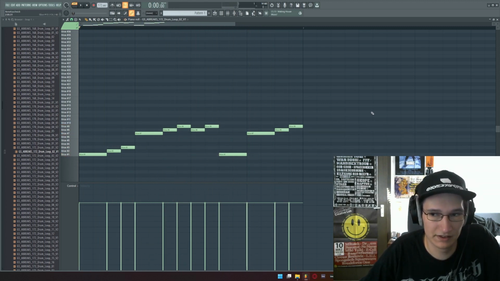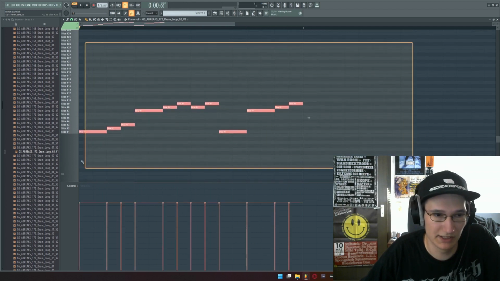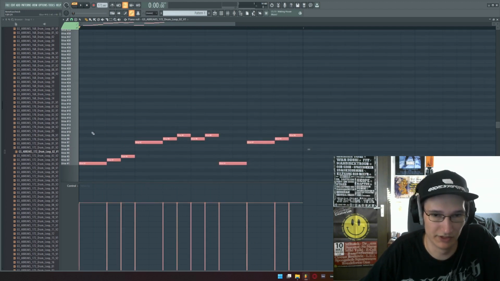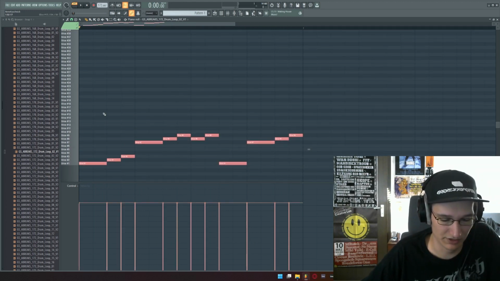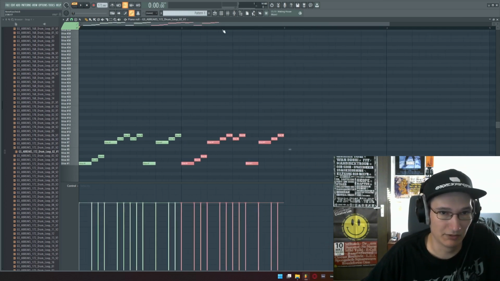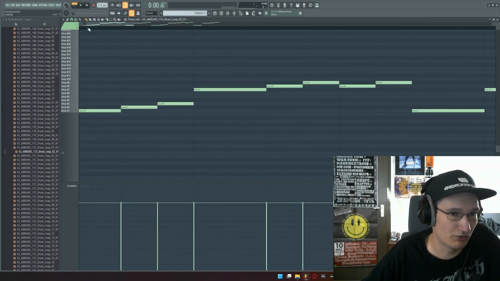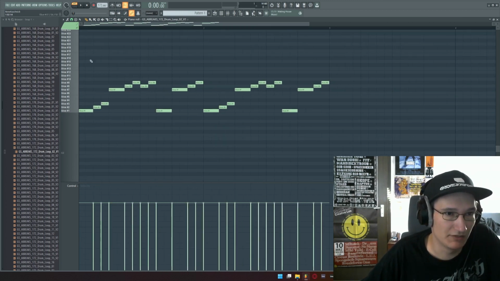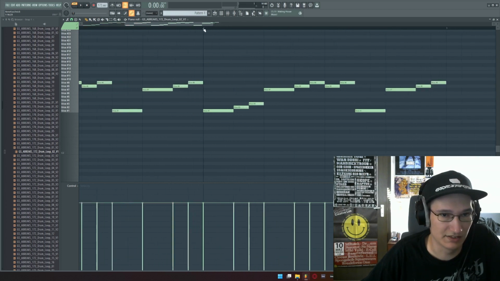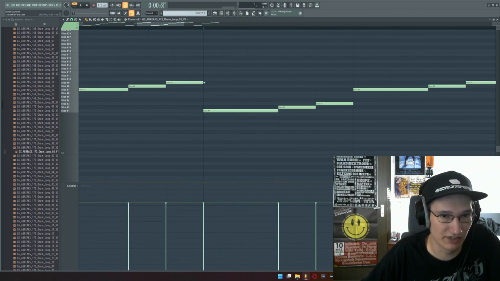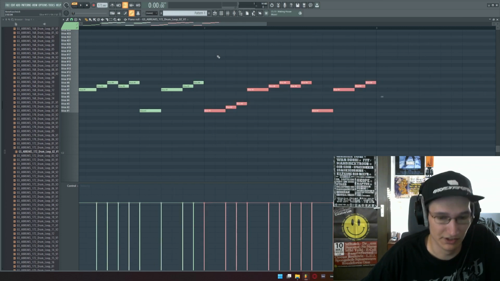Yeah, and then in the piano roll in FL Studio we can do a few really cool things. The first really cool thing is we can hit Control and B, and that will duplicate what we selected. This is something you have to watch out for, because if you select stuff like this, it will put the beginning of what you selected at the end of what you selected. So in this case it's not a problem because this ends right at this note here, but if there's just a little bit of a difference here and you want to